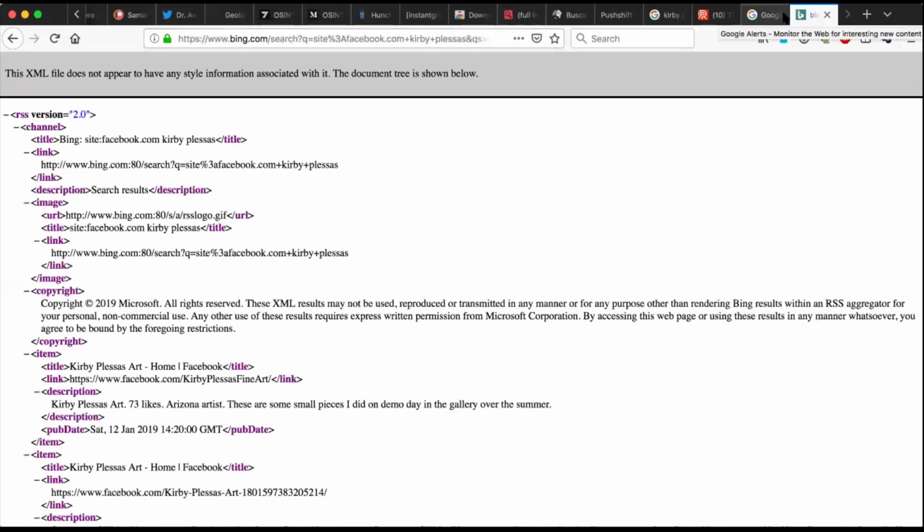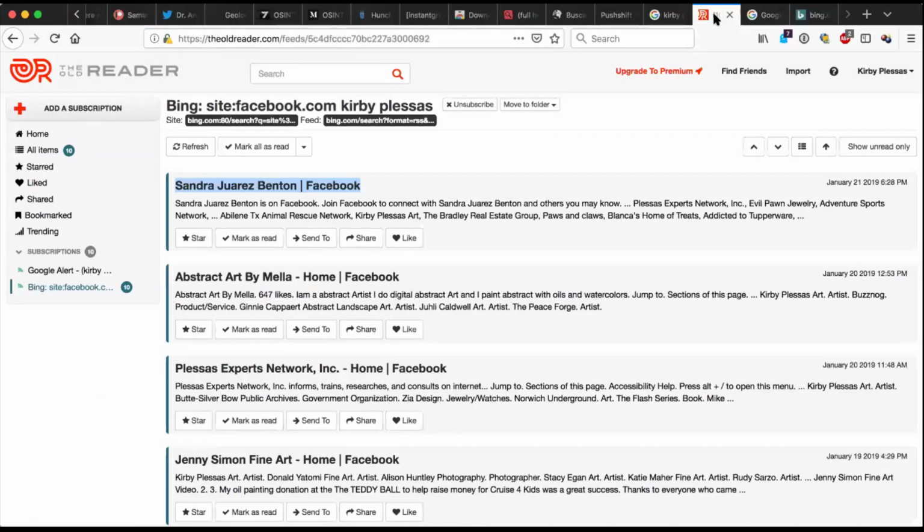One quick question. Does The Old Reader have filter options within? Not a lot. Because I always find it annoying, just when you pointed this out, you will get a lot of noise in certain RSS searches, even if you fine tune it. Mm-hmm. And some feed readers have some options to filter out the duplications or that kind of stuff. Yeah, I don't know that this one has that kind of capability.